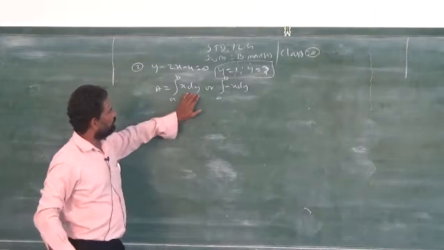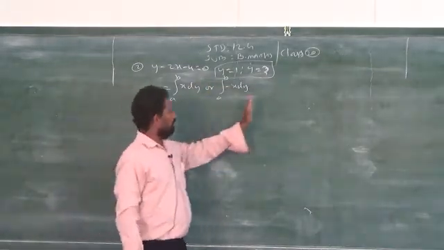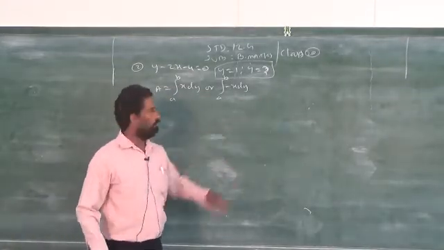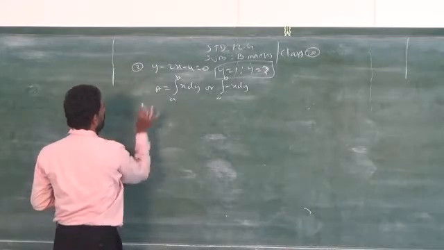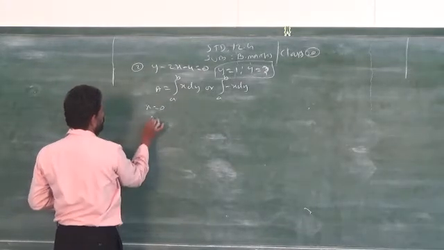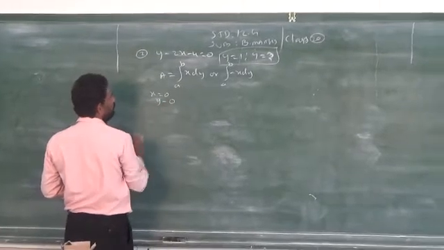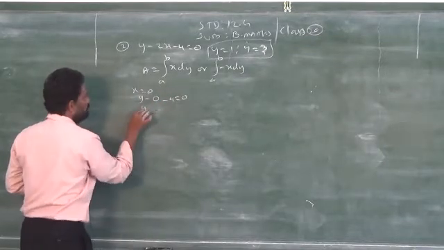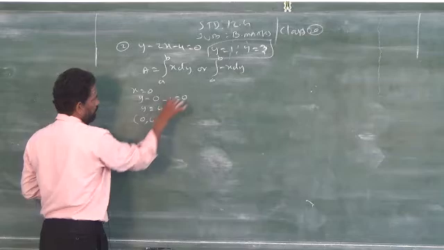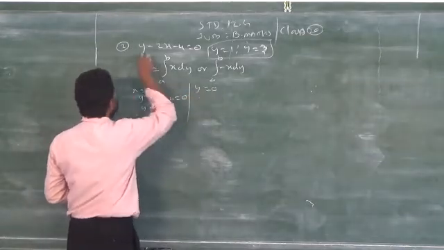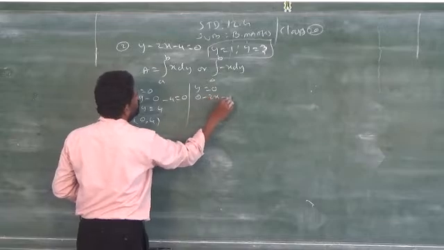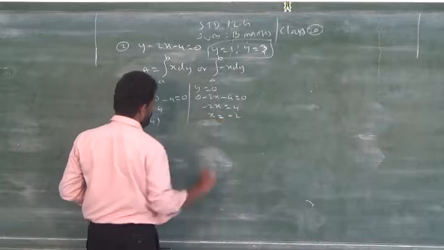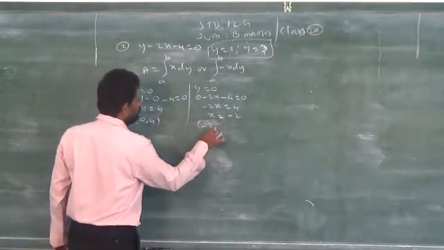So for this problem, when y limits are given, we have two conditions. One is right side of y axis, another one is left side of y axis, like what we did in question number 1. Same way, first replace x is equal to 0 in the equation. So y minus 0 minus 4 equal to 0, so y is equal to 4, and we get 0 comma 4. Then replace y is equal to 0: 0 minus 2x minus 4 equal to 0, so minus 2x is equal to 4 and x is equal to minus 2. So minus 2 comma 0.